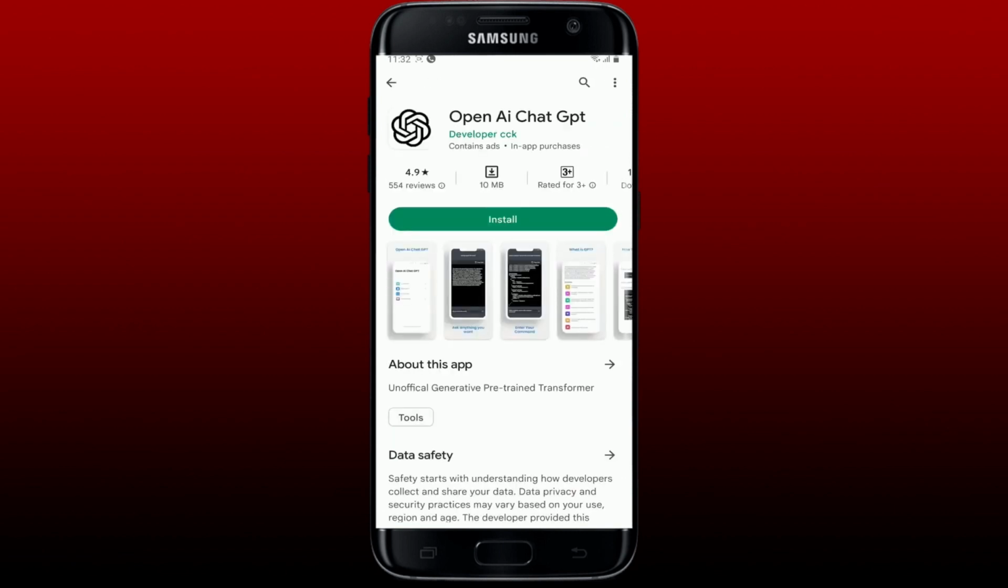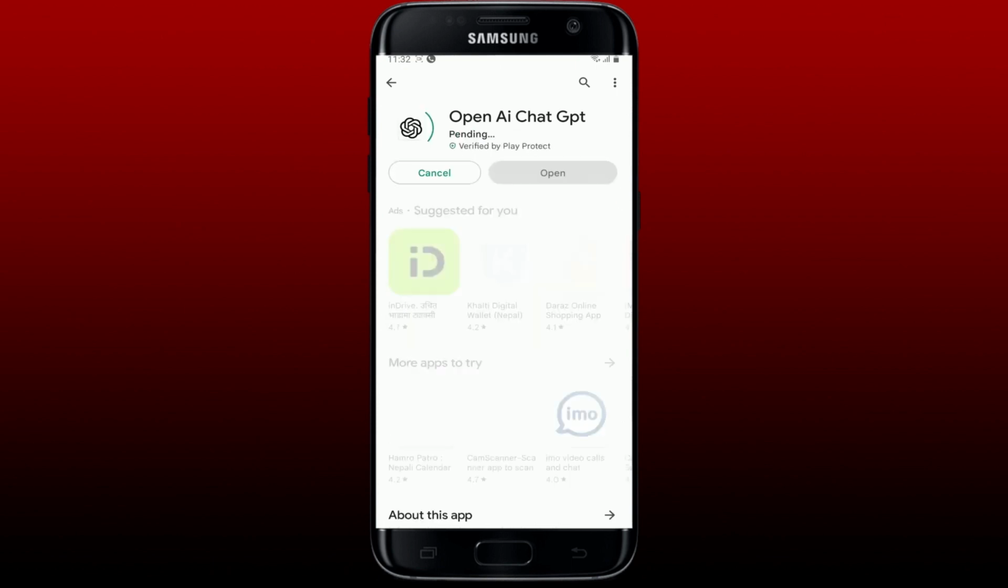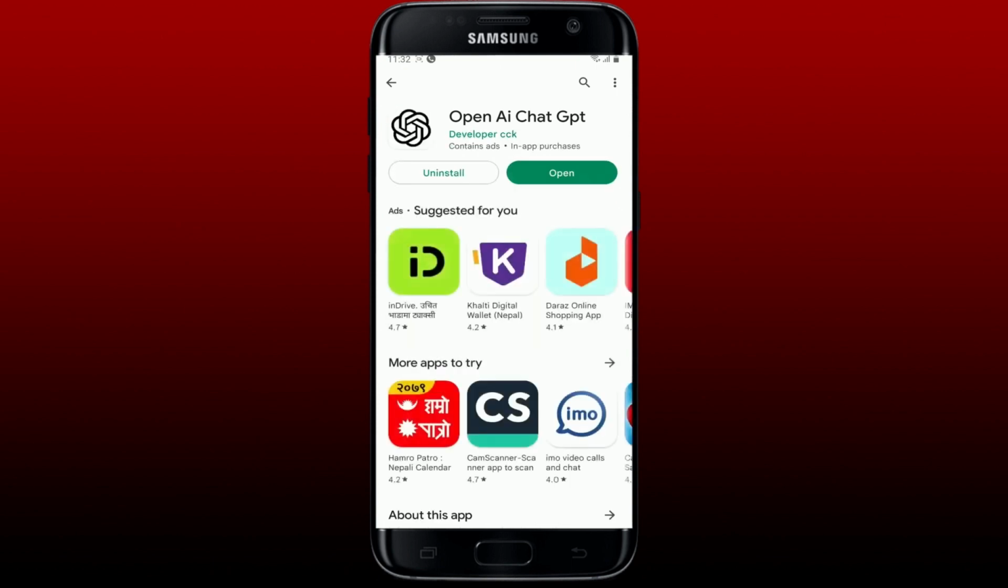application. ChatGPT is the chatbot launched by OpenAI in November 2022. This AI tool applies machine learning algorithms to a massive corpus of text to respond to user requests using language that sounds surprisingly human-like. Once the application is downloaded, tap on the Open button to open the app, and that